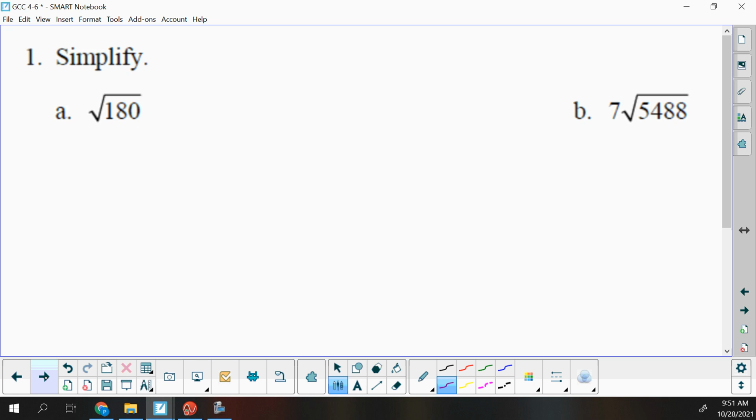When you are done with it, take out your Chromebook, go to Schoology, and on our Schoology page, click on Unit 4, and right at the top in Unit 4, I put the answer key for this so you can check your answers. So when you finish, go to Schoology, go to Unit 4, check your answers, correct any ones that need correcting,